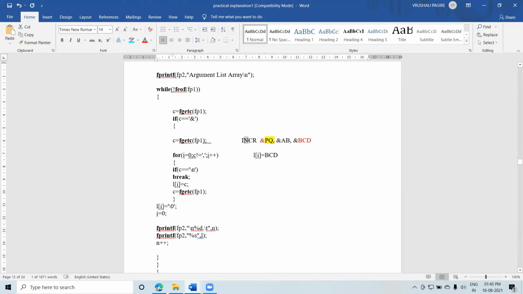Again you have to copy the next one. Like this, doing this, you are here. Means up to here you have done. Then space is there. And next when you read the character, get the character, it is the ampersand sign. So what is now in c? This is the ampersand. Check whether it is equal to ampersand. Yes, it is ampersand in your c. Then what you have to do? You have to copy the next character. So c equal to fgetc fp1. Right? So now copy the next character. What is the next character? That is the P. So now in your c there is a P.